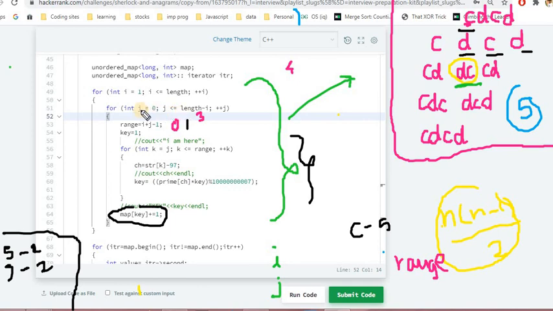After that, whenever our j loop ends, when all three values are taken, what will happen is we'll increment i, so our range will become 2, and for j the value starts with 0, so our minimum length would be 2. So this particular value of i equal to 2 would be checking for length 2 values, and in this particular loop, because we have initialized the key here and we are checking values until the whole string is complete, this makes it multiply all the key values.